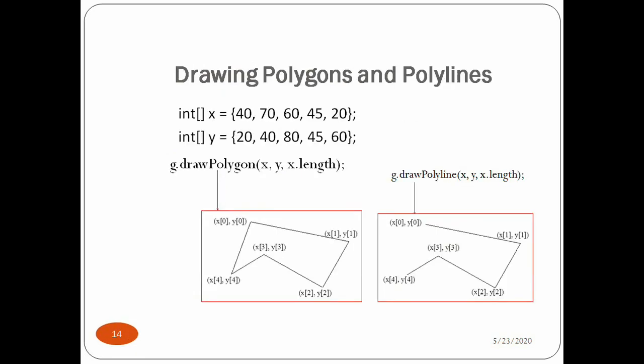And the next shape is the polygon. The polygon is not a basic shape, so we can define a polygon as a shape with an unlimited number of sides. To draw a polygon, you need a set of x values and a set of y coordinate values. Then the polygon is drawn as a set of straight lines, like this, from the first point to the second point, and a straight line from the second point to the third point, and the third point to the fourth point, and so on.